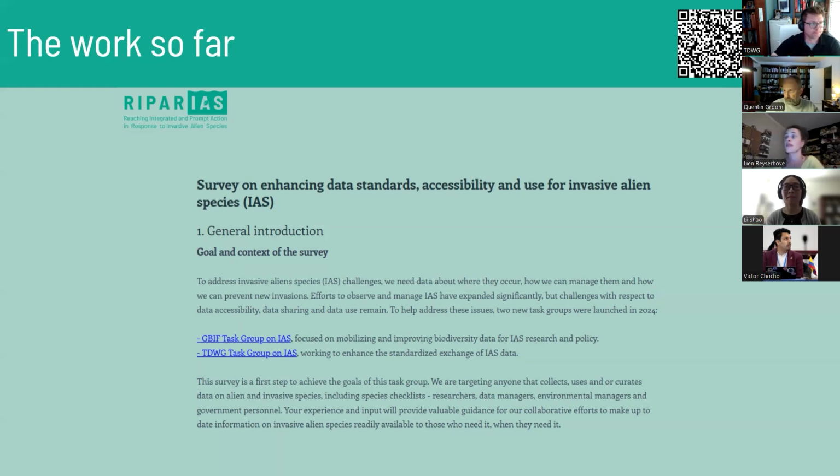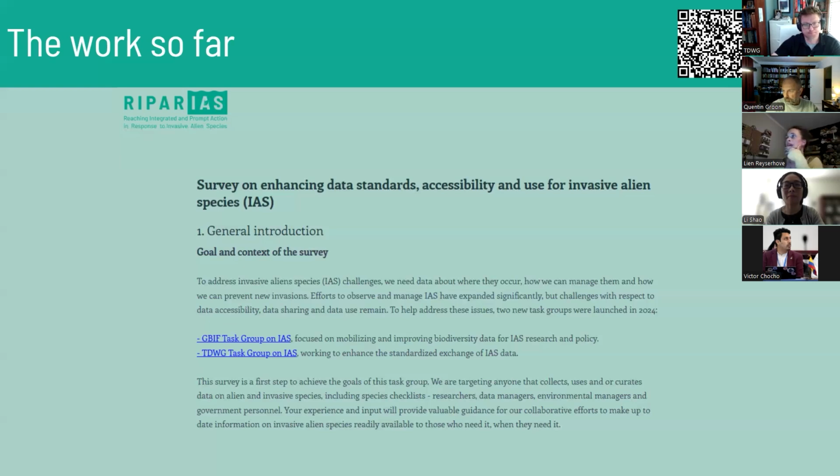So there's not only the TDWG task group on invasive alien species, but also a task group within GBIF, which focuses on mobilizing and improving biodiversity data for invasive alien species research and policy. And data standards is also part of that task group, although not as focused as it is in this task group, of course. So we teamed up with the GBIF task group, so the scope of the survey is